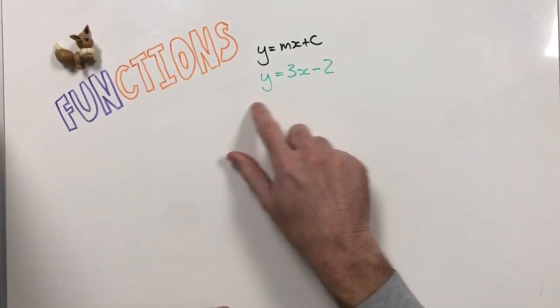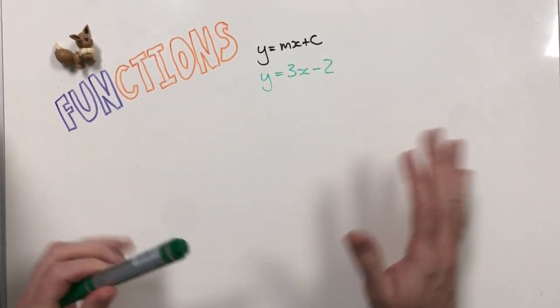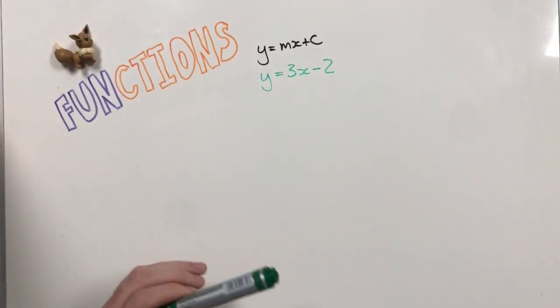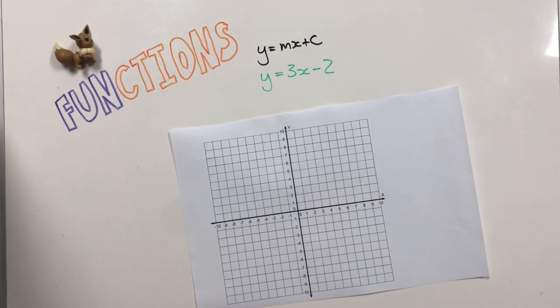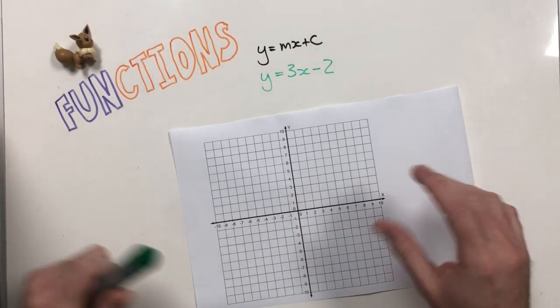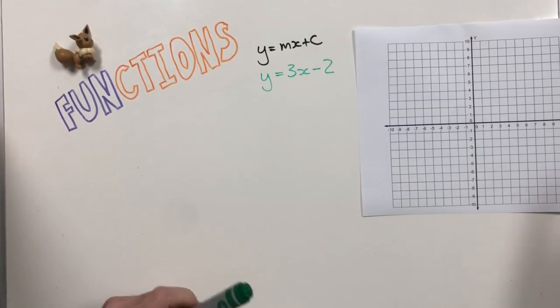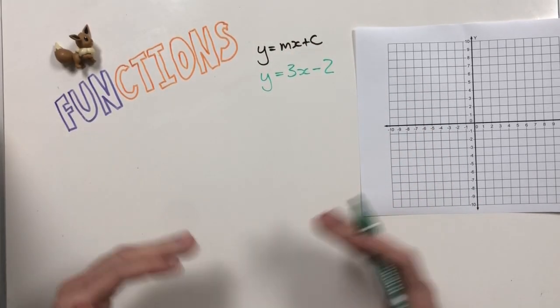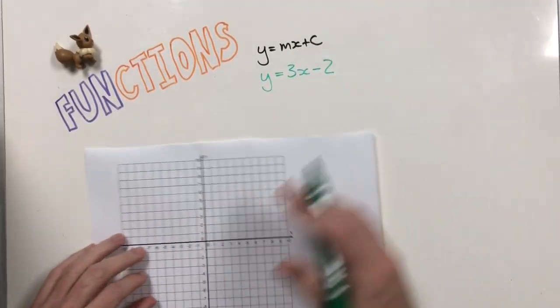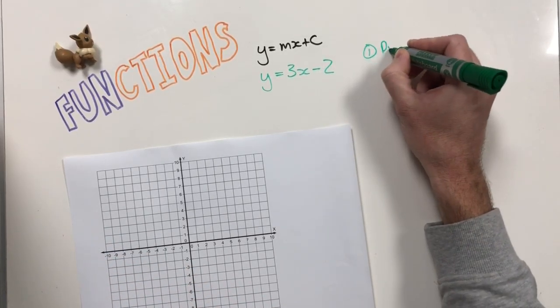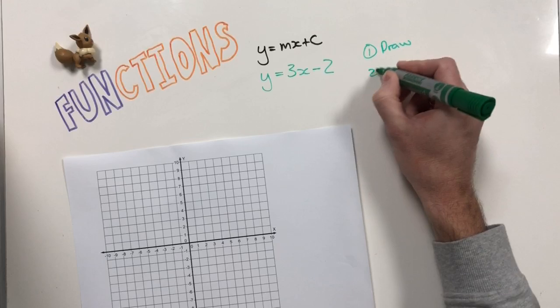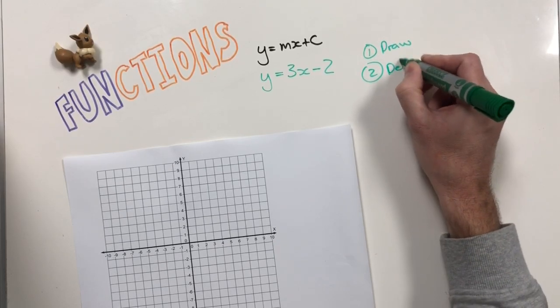So first of all, we're going to have to draw this function any way we want to. You can use any way you want to. I'm going to use, let's say, the double intercept method, just because I like it. So let's say we had a question and they said, okay, let's just think about the question first. They say, part 1 is draw the function graphically, and 2, determine